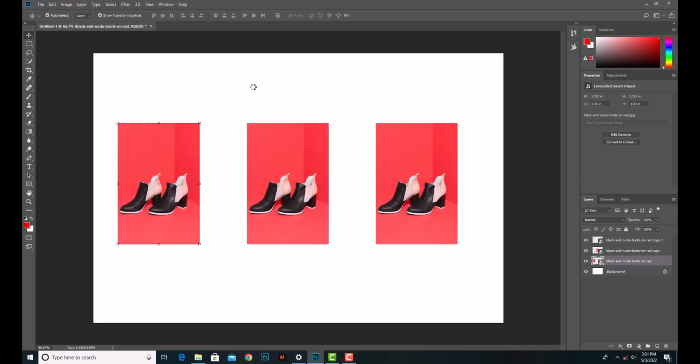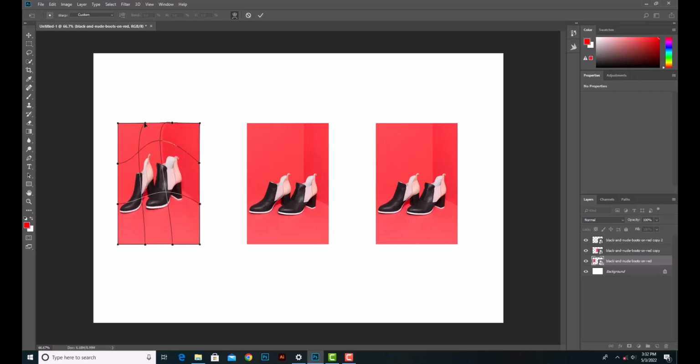Still on the transformation tool, with Ctrl T as a shortcut, we can also toggle or switch between free transform and warp mode. Here on the menu bar I have an icon, and this icon is warp mode. So now if I click on warp mode, the image has switched from free transform to warp mode. Then here I can move things around, which is going to warp my image, and select the corners, then move it around,